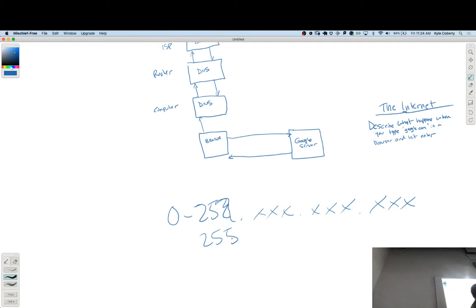0 through 255, 0 through 255, 0 through 255, 0 through 255. That's your unique address on the internet. As you might imagine, when they designed this scheme, they didn't know how big this was going to be. So we ran out. And we ran out a lot quicker than we might have otherwise, because when they created this scheme, which, as Carl pointed out, is called IPv4,